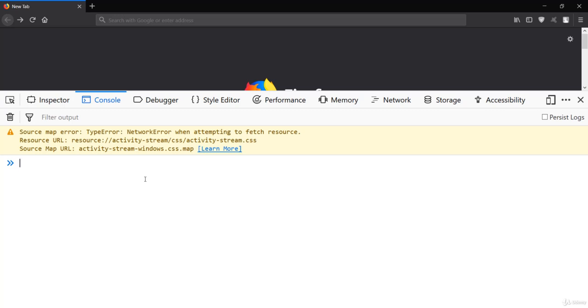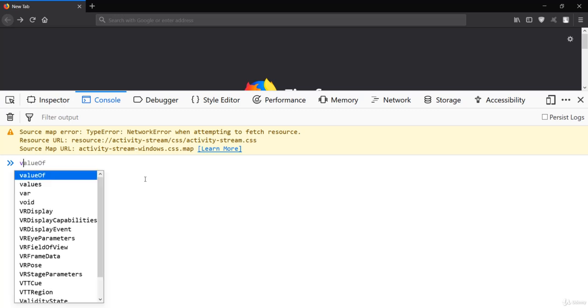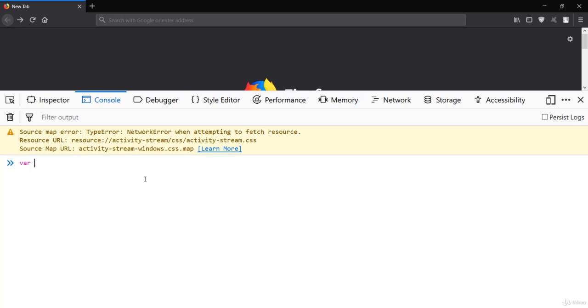That means you don't need to specify the type of a variable because it is dynamic, and it is used by the JavaScript engine, or basically the browser. You only need to use the var keyword.